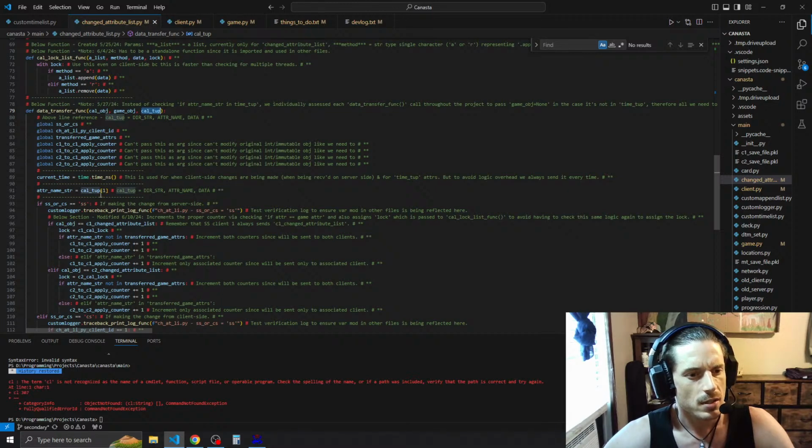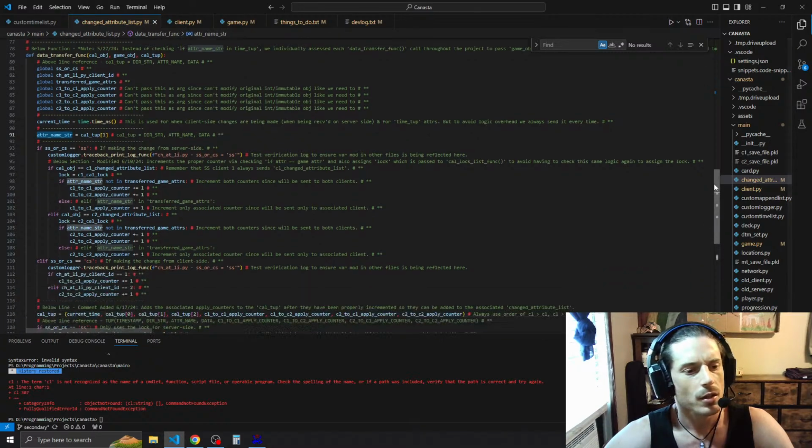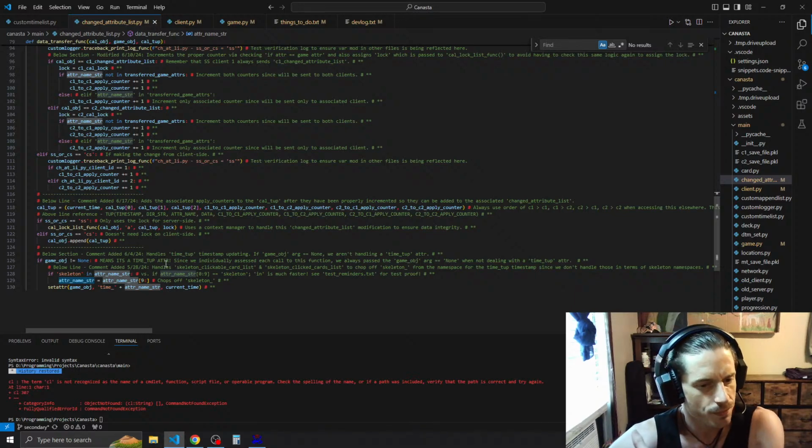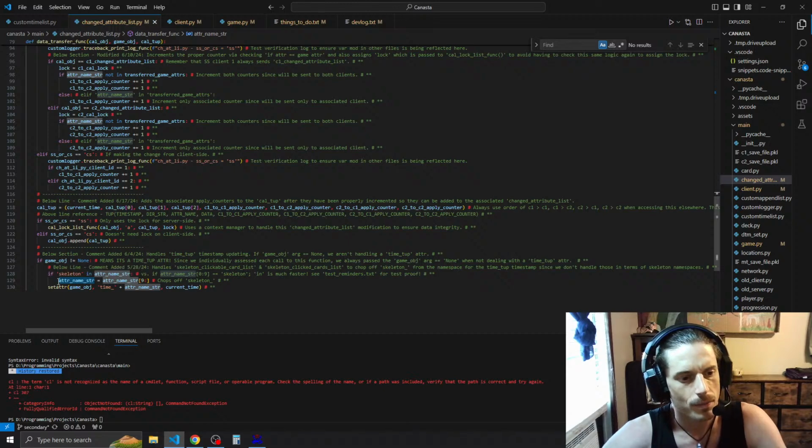So if that's the case, then if we go down here in this little section, it says if game object is not equal to none, it then checks to see if skeleton is in adder name string. So if it is, and actually I already had taken care of this, it says handle skeleton clickable card list and skeleton clicked cards list to chop off skeleton from the namespace for the time2 timestamp, since we don't handle those in terms of skeleton namespaces. So this is all coded correctly so far, and then it sets the adder name string equal to adder name